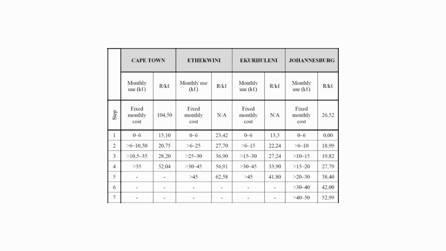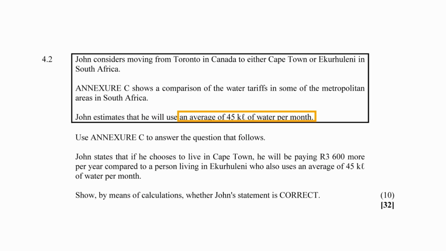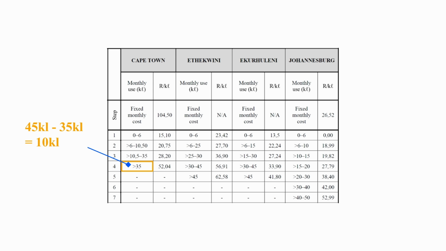In step 4, the range of water consumption is greater than 35 kiloliters to any amount above 35 kiloliters. Because a maximum amount of 45 kiloliters of water is used on average per month, the maximum amount of water that will be charged for is 45 kiloliters minus 35 kiloliters. This equals a maximum amount of water of 10 kiloliters. This means that in step 4 you will only be charged 52 Rand 4 cents for 10 kiloliters of water